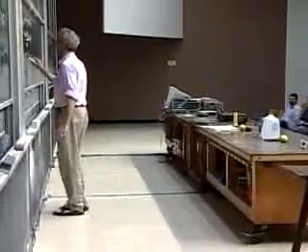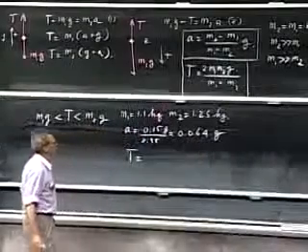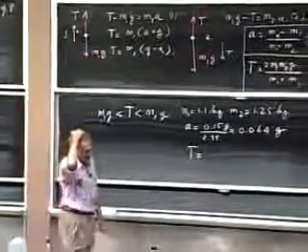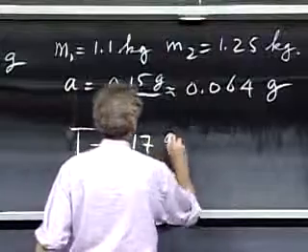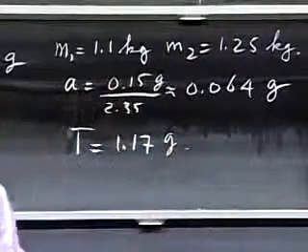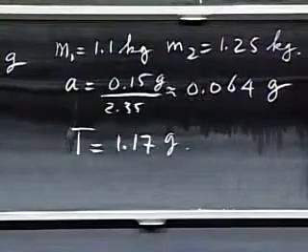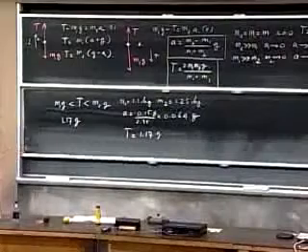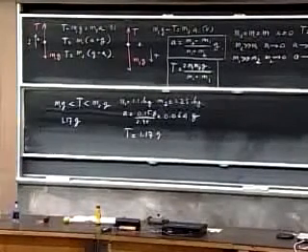What is the tension? Well, I substitute my numbers for M1 and M2 in there. You can take for g 10 if you like that. And you will find that the tension equals 1.17 g. And now, look at what I predicted. They both weigh 1.17 g. That's non-negotiable. That is my definition of weight. The tension in both sides is the same. That's my definition of weight.